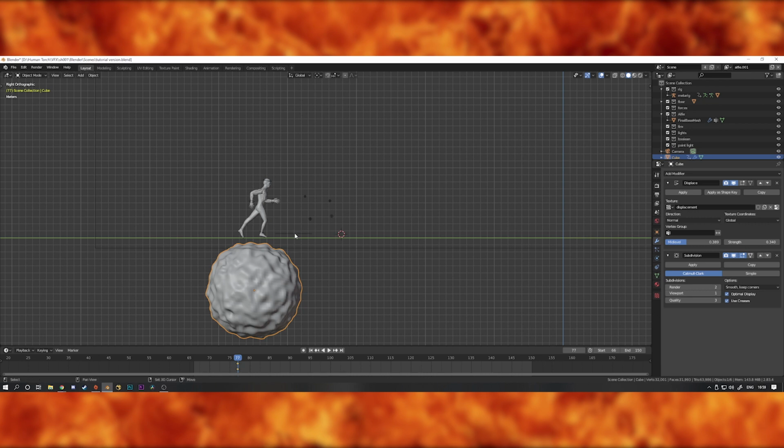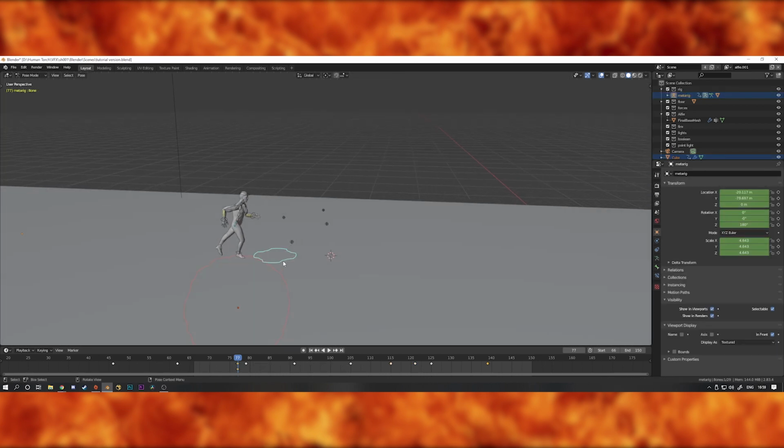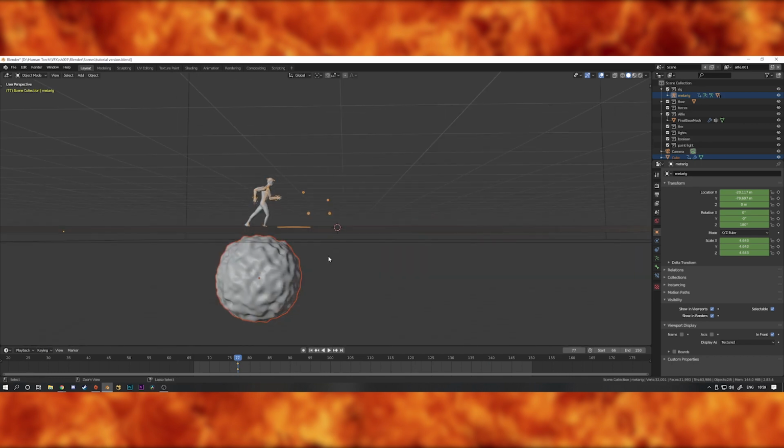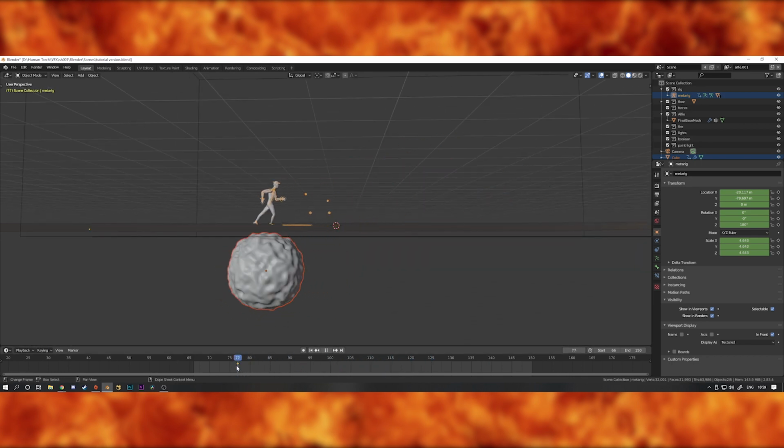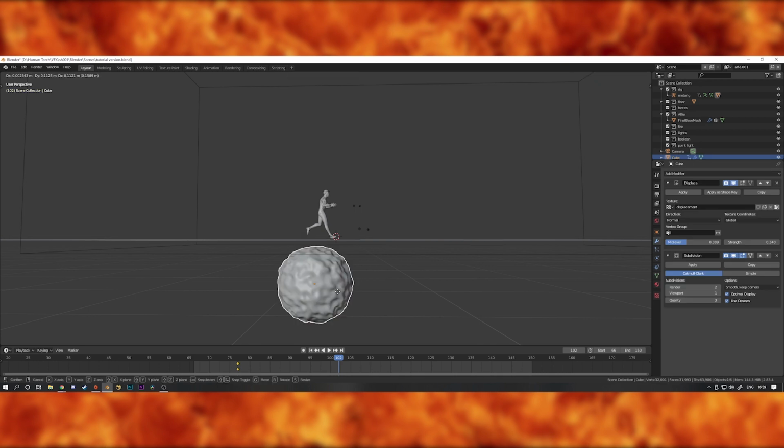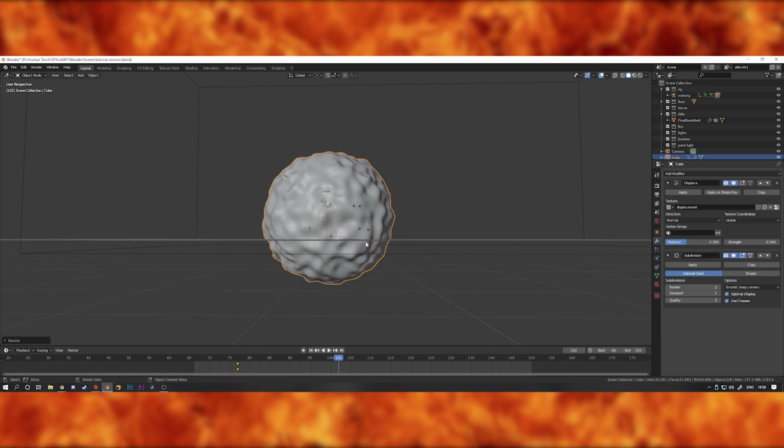With it still selected, shift select the rig, Ctrl Tab into pose mode, and then select the root bone, press Ctrl P and parent to bone. And now what you should see if you play through the animation is the displaced cube is stuck to the rig. Now go to the point where you want the fire to have completely consumed the mesh,